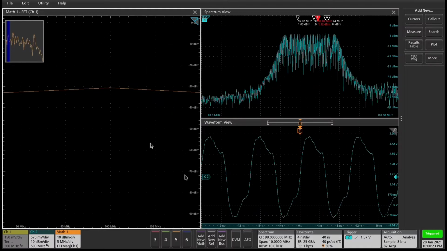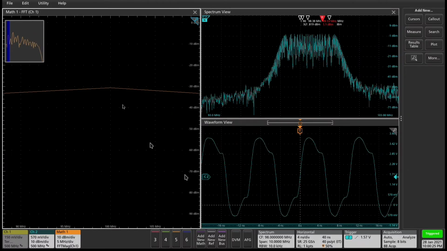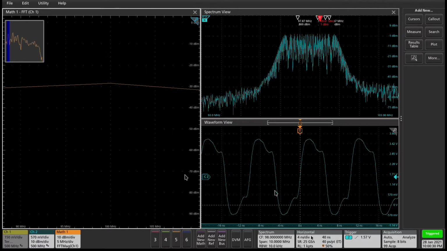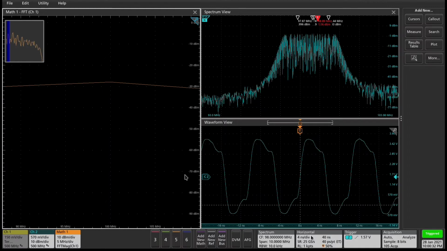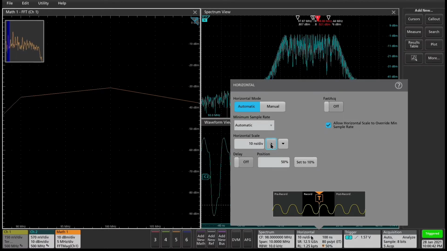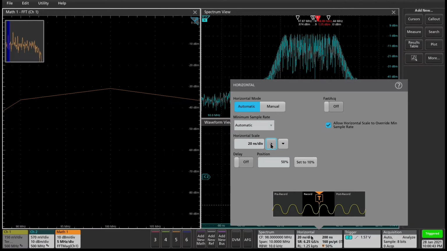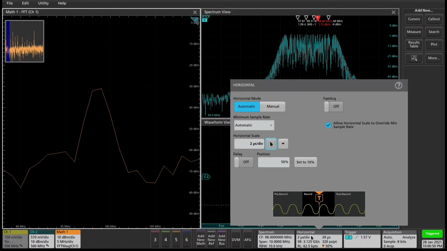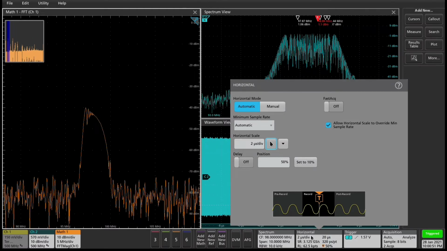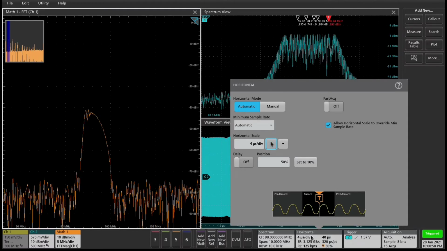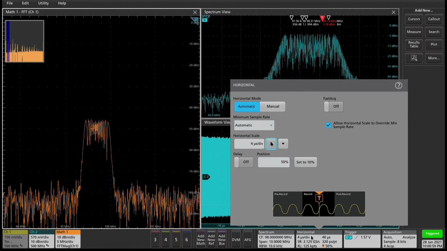Here's the interesting part. There are some factors that affect the FFT display, as it's driven by the same acquisition system used for the time domain view. Setting up the FFT is a little bit difficult, as one must know how the scope settings are going to affect the frequency domain view. Here, in order to increase the resolution in my frequency domain, I need to increase my acquisition time. So I am changing my time domain settings to acquire a longer duration of signal. I am able to increase the resolution in the frequency domain.